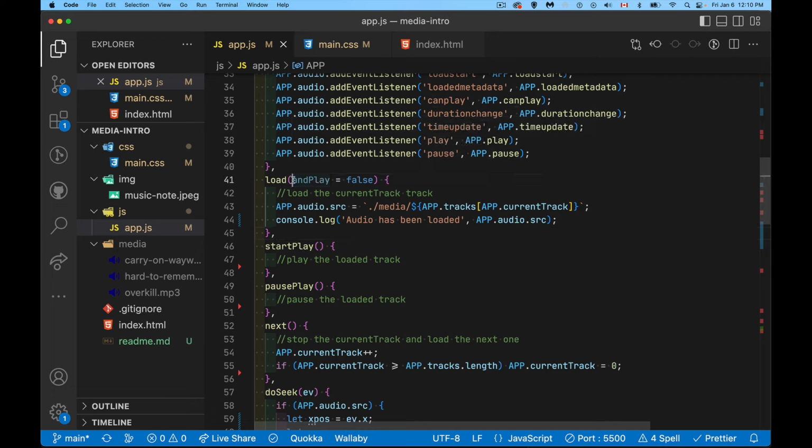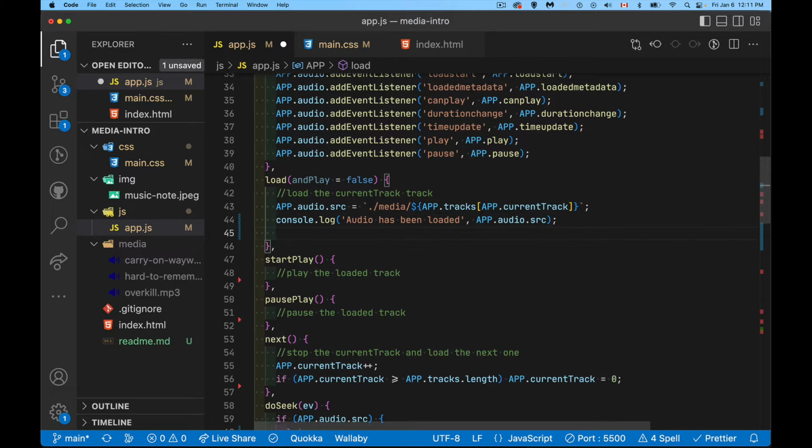Now I have this parameter here in my function called andPlay. It's got a default value of false, because later on, if I load a new track, I might want to automatically trigger it. Right now, for our purposes, I'm going to treat loading and playing as two separate things. So I've got the load happening, and I'm going to say, you know what, andPlay could be true or false. By default, it's going to be false. But if it is true, then what I want to do is I'm going to